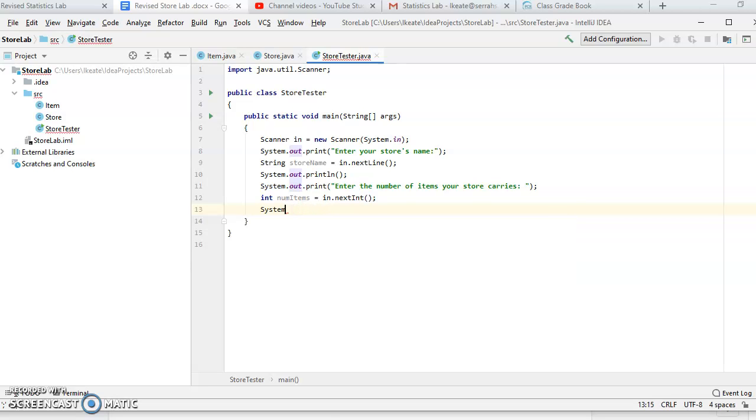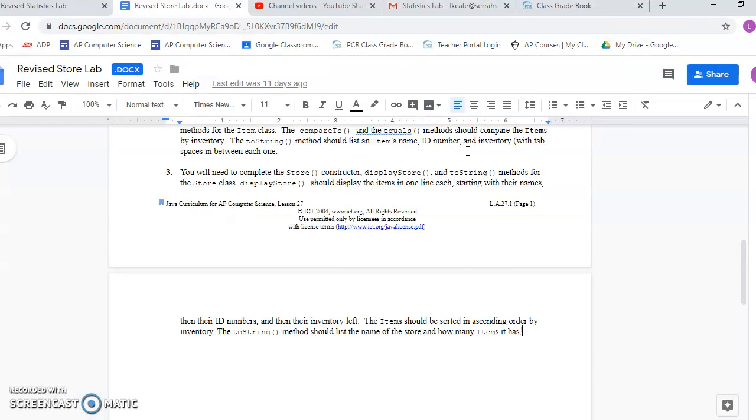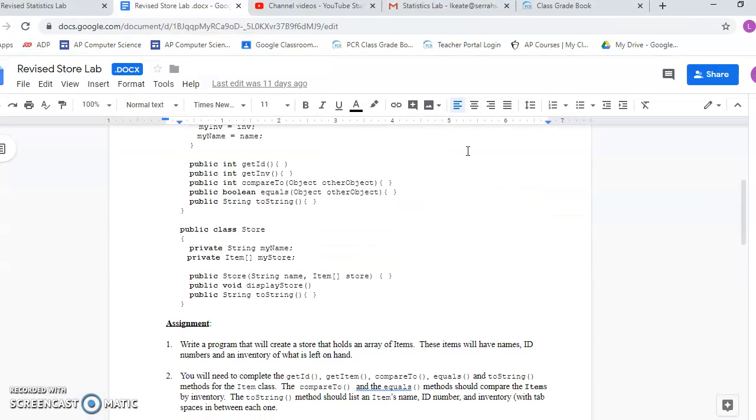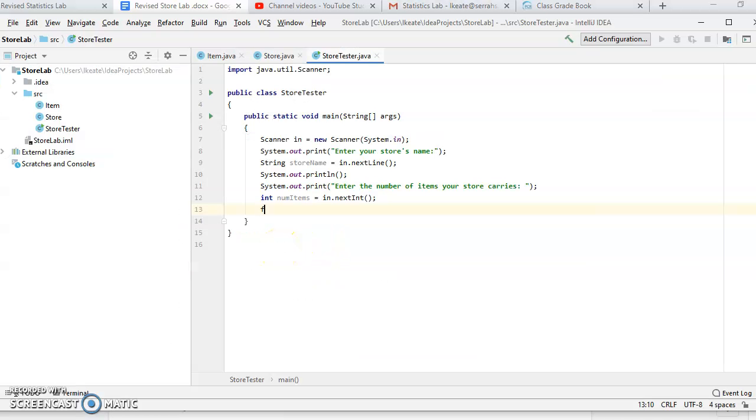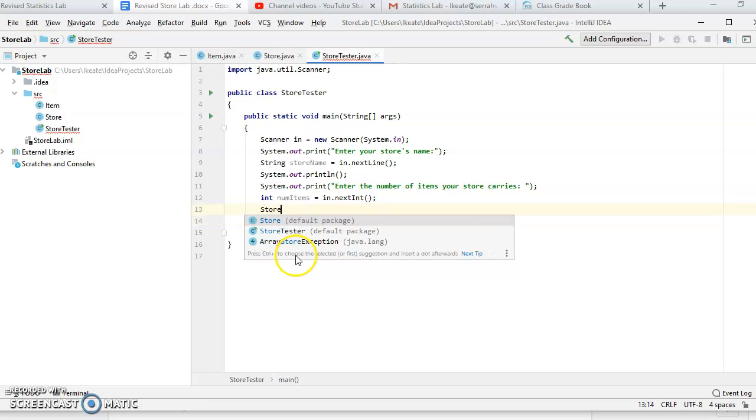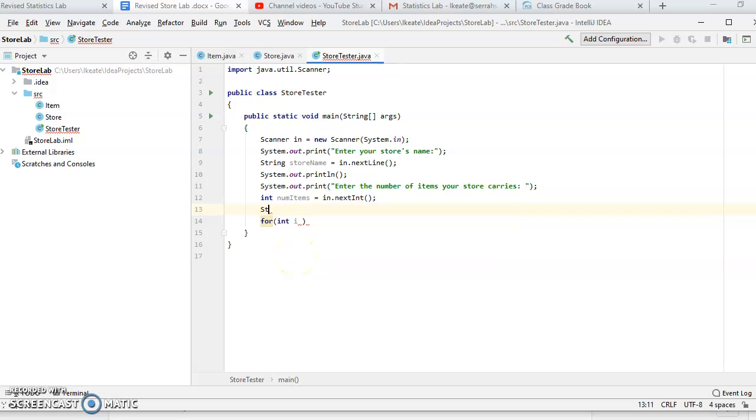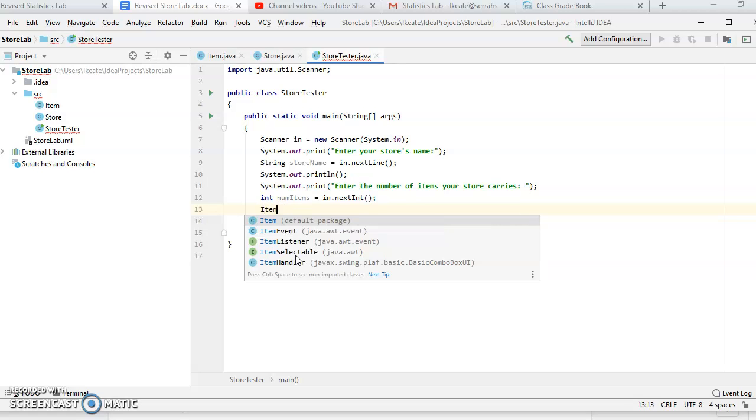Oh wait, I want to actually create the store. So in order to create the store, I'm going to go back here. I need my store. All right, so I'll say for int. Oh, well, yeah. I'm going to declare it right here, and I'll fill it below. Be careful, they are an array of items. So item,